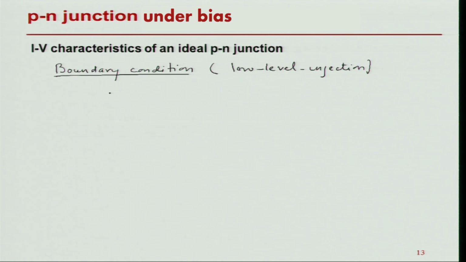If I write an equation in the depletion region for current, it is basically the drift current, and in the low injection regime I say this is still 0. If I say this is still 0, I have an expression for E, which is basically